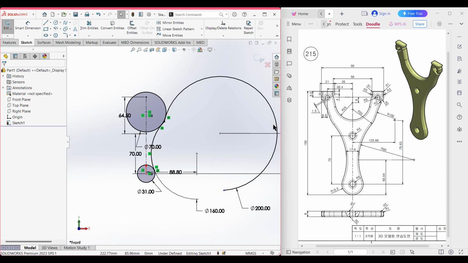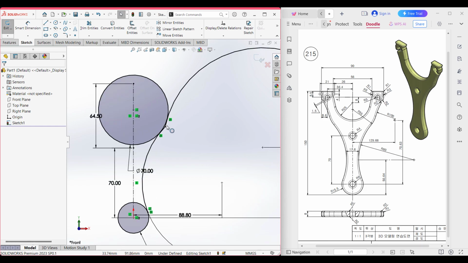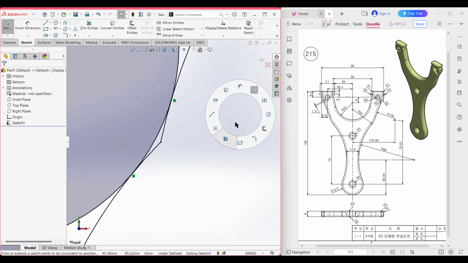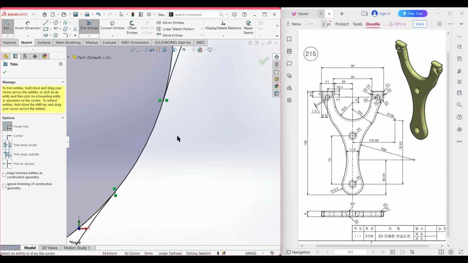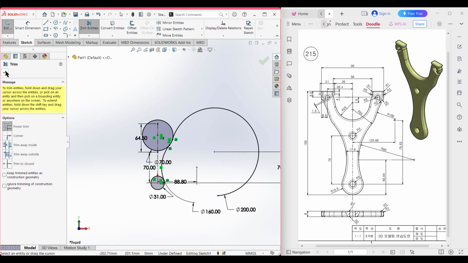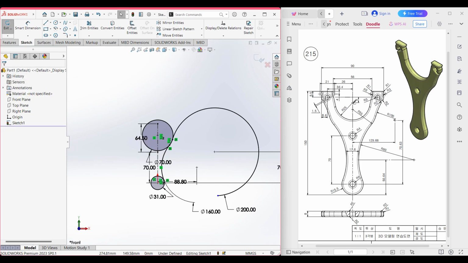Let's go back to our sketch. I left some trimming, so let me smooth it up. So I have trimmed this to the point. Okay, now it is quite smoother. Now press OK. Now if we go back to our sketch, we can see from this point to this point